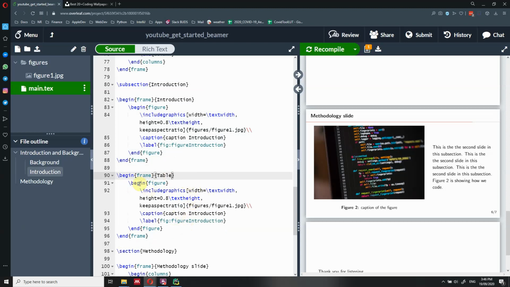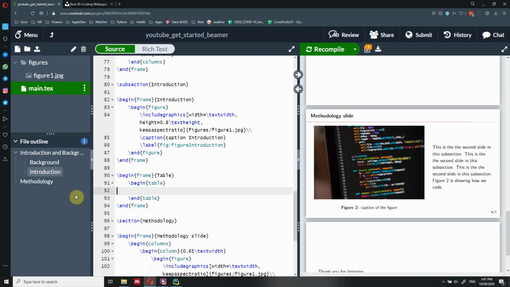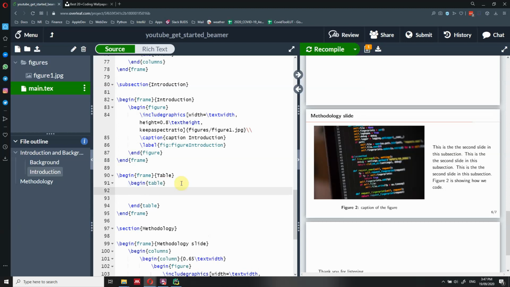So let's cancel this one. Instead of figure, we call it table. So this is going to be a little bit longer process, and I have actually a video on how to export tables directly from a pandas data frame, which I think is a game changer, because as you process the data, you can export the table directly with Python and upload it automatically. So Beamer automatically is going to update the value of your table. But let's start and try to do something.